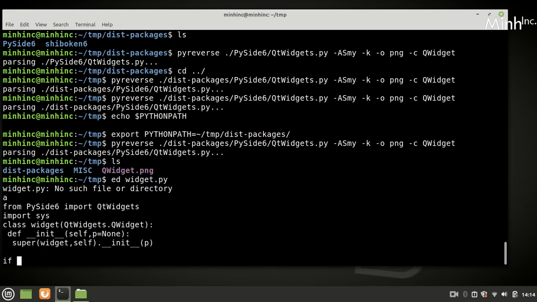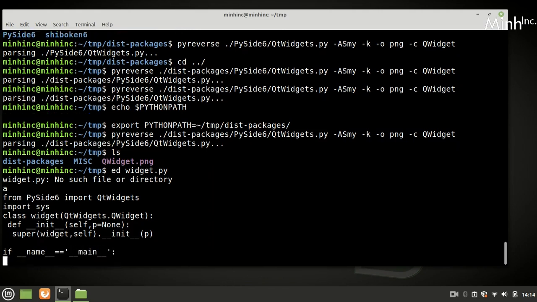Now we can check if __name__ equal to __main__, then we can have app equal to QtWidgets.QApplication sys.argv.